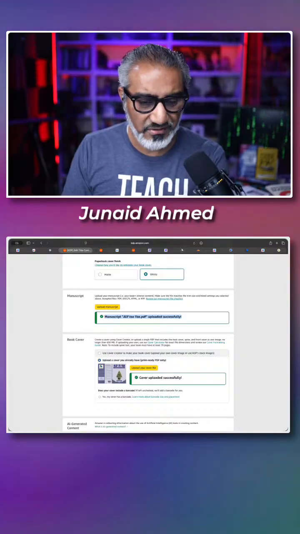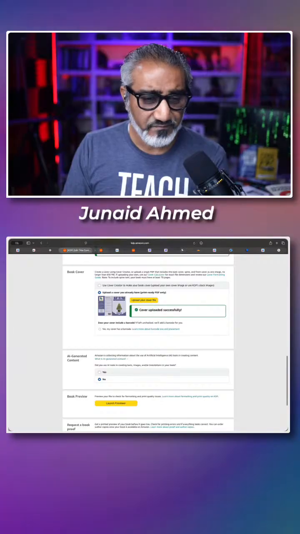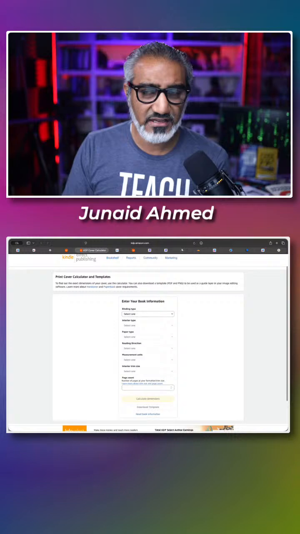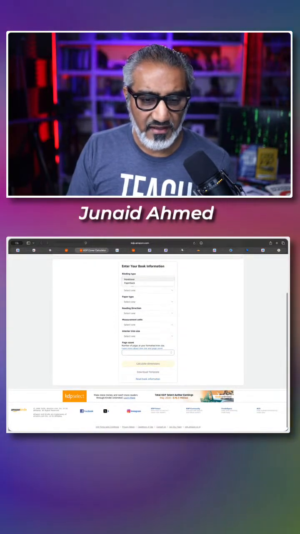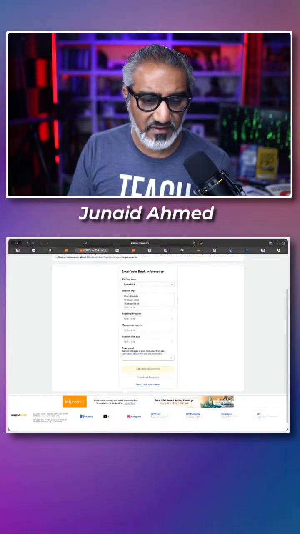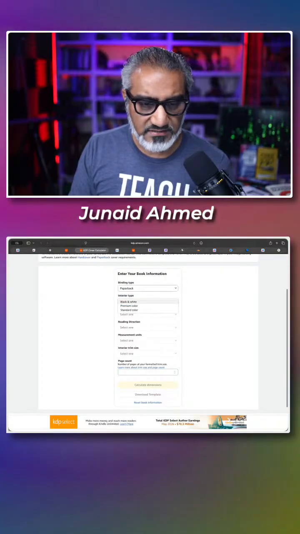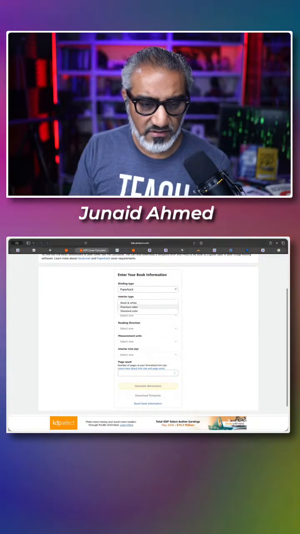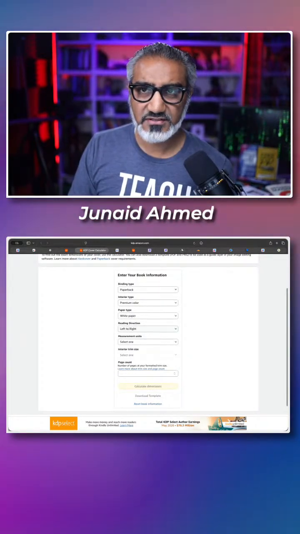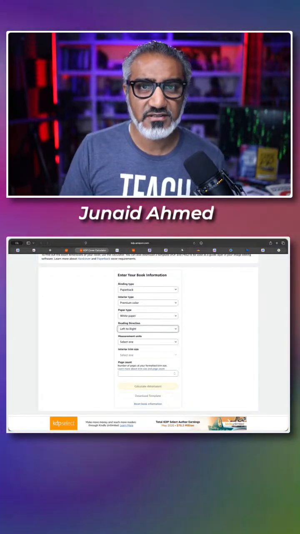So you want to make sure that your manuscript fits in. Then you've got to upload a cover. Now, what's cool with Amazon is that they have this calculator that kind of gives you what kind of cover you need to create. So you go through these settings of, hey, I need it to be a paperback book. I need it to be a premium color. I want it to be white paper. Reading direction is going to be left to right. Most books in English are read from left to right.